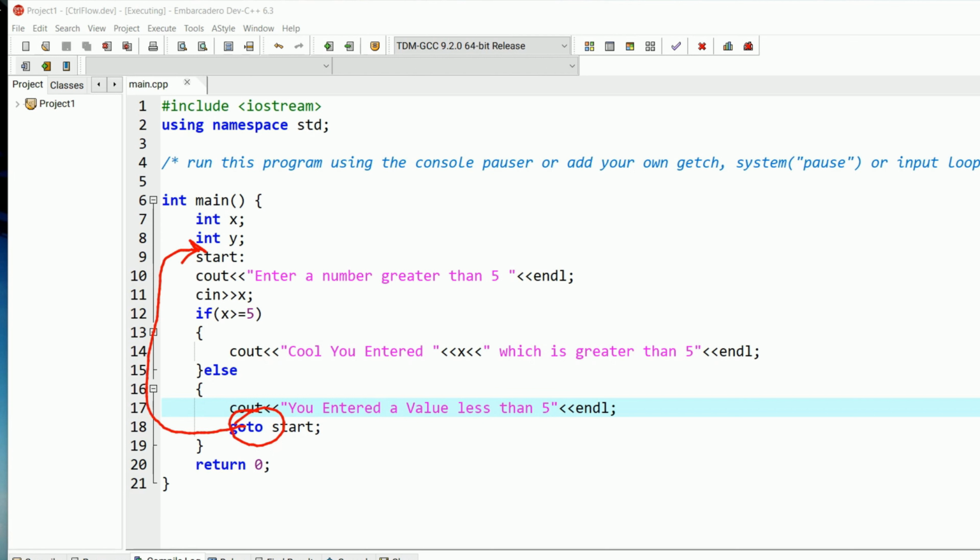Our label is on line 9. And in C++, the proper way to create a label is to end it with a colon. And if we start adding go-to statements or adding labels, let's say we have a label right here called label 2, label 1 up here, and then we start